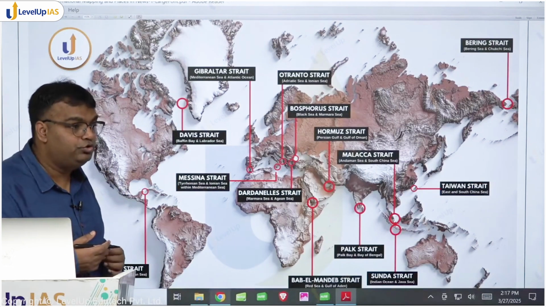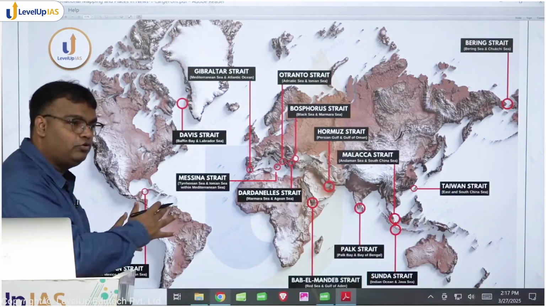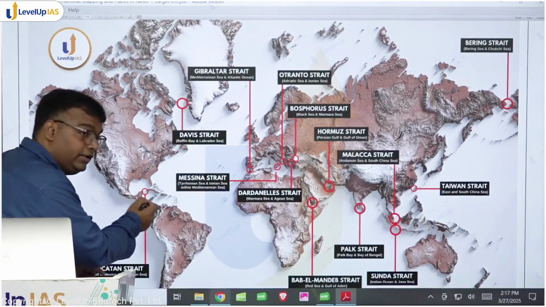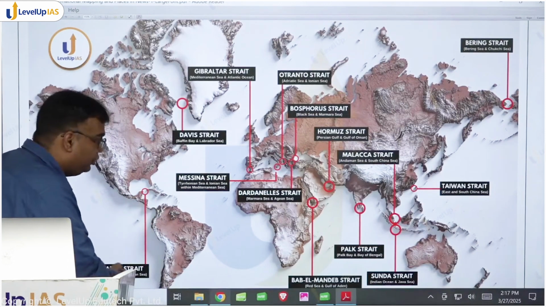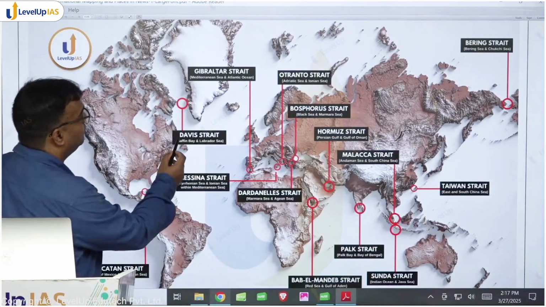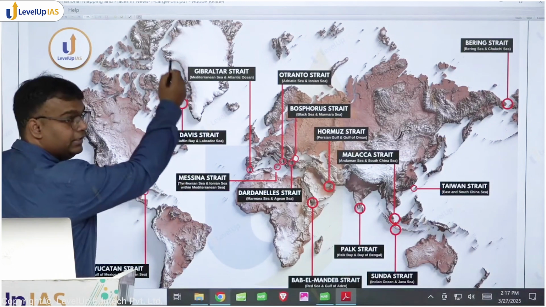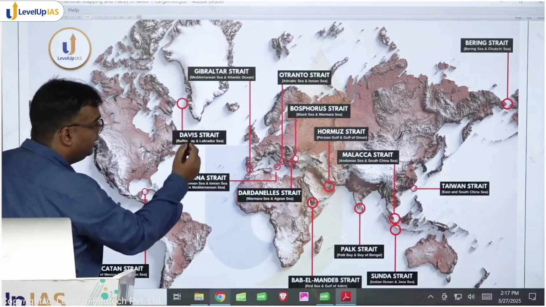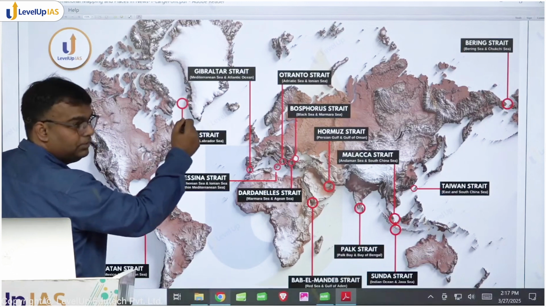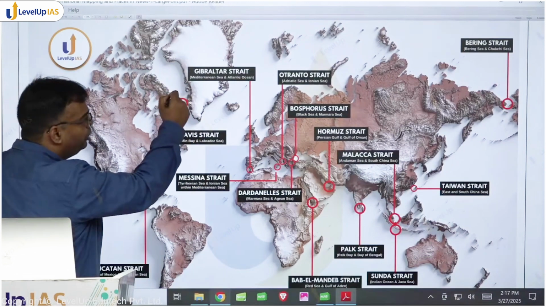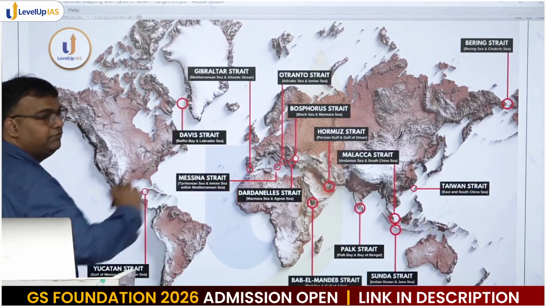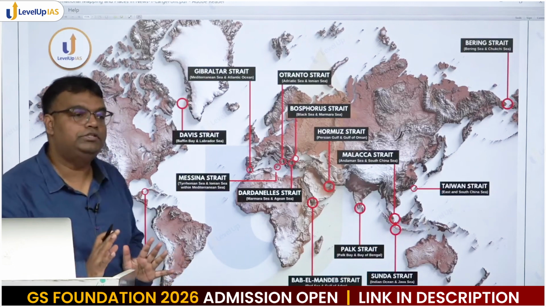इस वजह से Cuba news में था. So we have to study this region in a lot of detail. But इन दोनों को connect करने वाला जो strait है, that is Yucatan Strait. And here if you come, this is Baffin Bay. This water body is called Baffin Bay, और इधर we have Labrador Sea और Atlantic Ocean. तो इसको connect करने वाला strait is Davis Strait. These are some of the important straits.